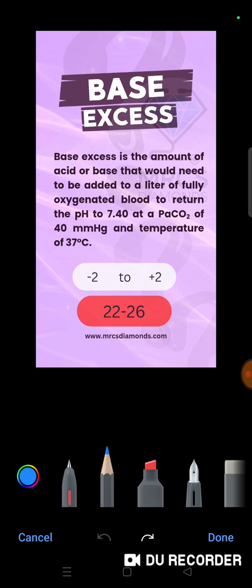This patient will have metabolic acidosis, and we have to add alkali, bicarb, for him to return the pH to the normal value. So -5 means this patient has significant base excess change, and we need to add to his blood,